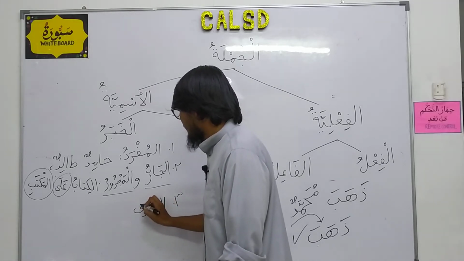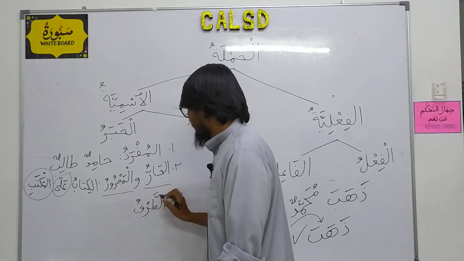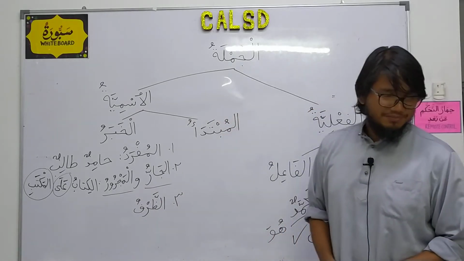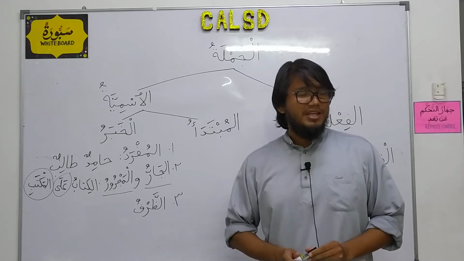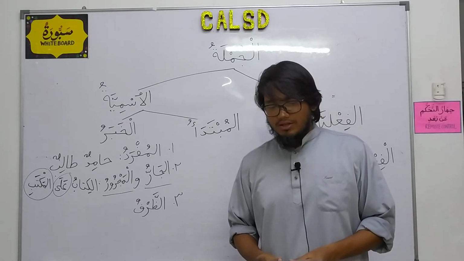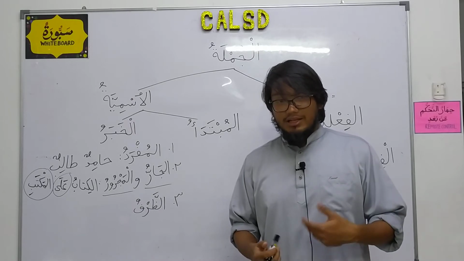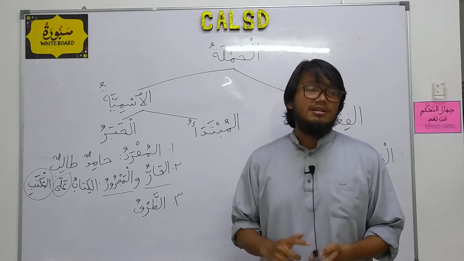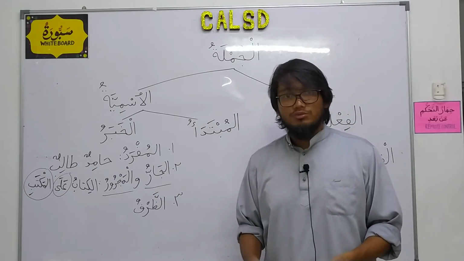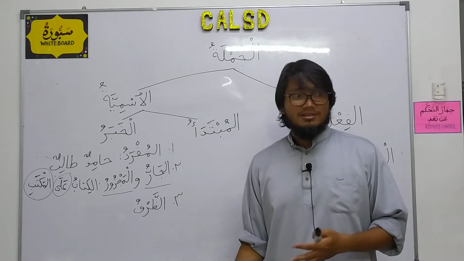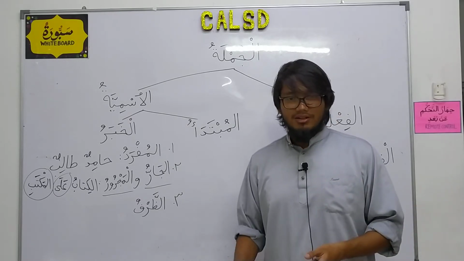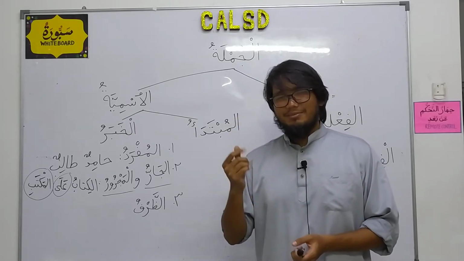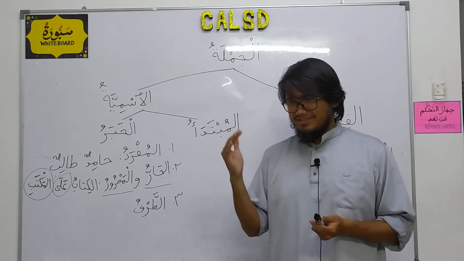Now, number 3 is al-dharfu. Okay, al-dharfu. So zarf, this is a bit tricky to explain. In the Arabic language, as in most languages, we have something called prepositions. Prepositions basically means above, below, on, beside, at, in, all these location-based particles, I guess. I'm not sure what the term is.